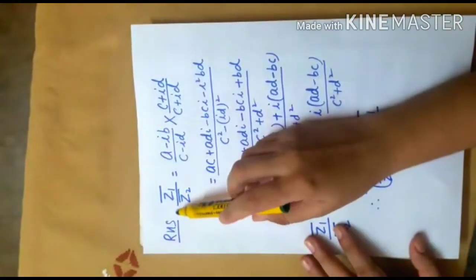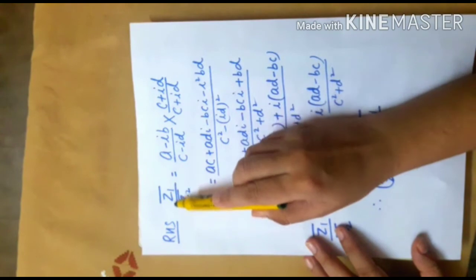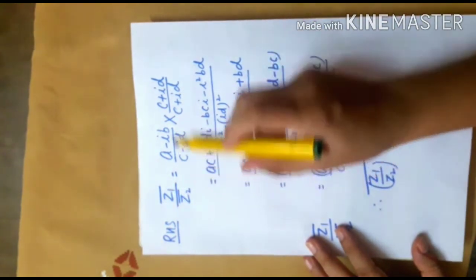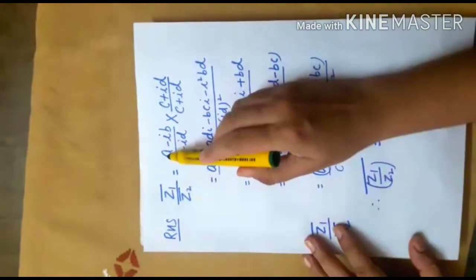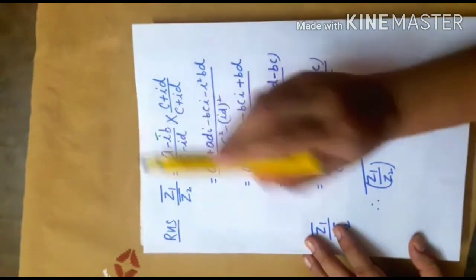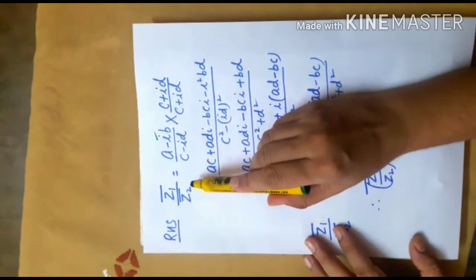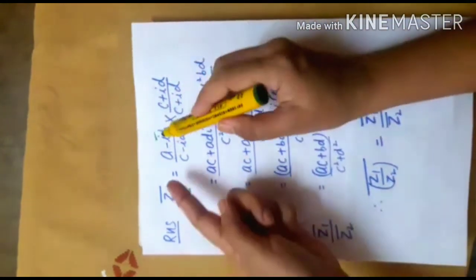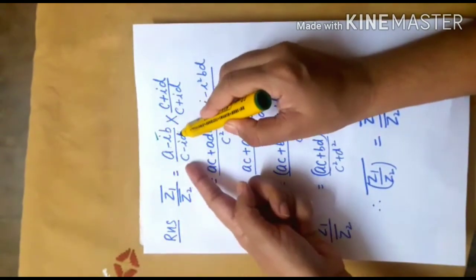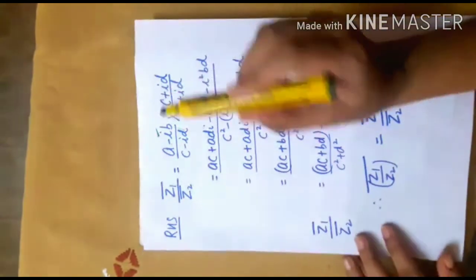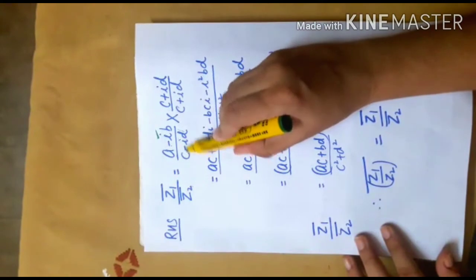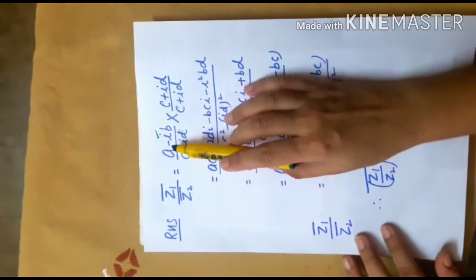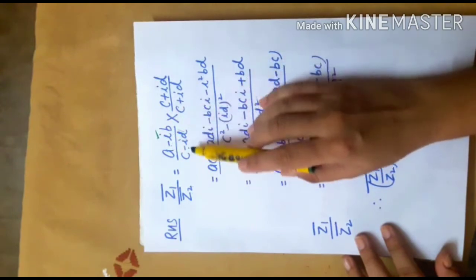Now coming to the right hand side, conjugate of Z1 over conjugate of Z2. Yes, Z1 was A plus iota B. So its conjugate will be A minus iota B. Z2 was C plus iota D. So its conjugate will be C minus iota D. So to express this in standard form, I'll multiply numerator and denominator with C plus iota D. Change this sign, right? Now multiply the numerator and multiply the denominators.